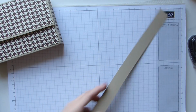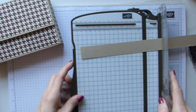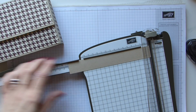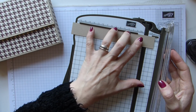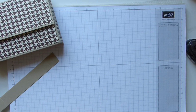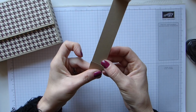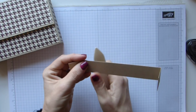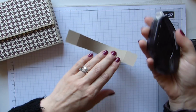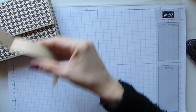We're going to do our handle. So that strip that you cut off, you keep it at the 1 inch thickness, or 2.5 centimetres, and we're going to cut it down to 7.5 inches, which is 19 centimetres. And then we are going to score at 1 inch either end, which obviously is 2.5 centimetres, because that's the thickness of it. Oh, I thought that was all going to crash then. So just gently fold in your crease, and then I'm just going to grab my bone folder and just encourage this to bend slightly, and then back in with my fuse on the bottom of it, and then pop your box back up